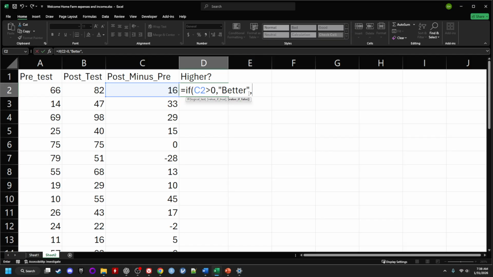Then we'll do a comma, and if it's false, we're going to do another check. So we'll do if this post minus pre is less than 0, we're going to say that it's worse. So if it's true that it's less than 0, it's worse. Now, on this last one, we could do another if statement and say if it's equal to 0, we'll say the same. But we're going to just say, well, if it's not greater than 0 and it's not less than 0, there's only one other option that can possibly be, and we'll just say that it's the same. We do it like this. Now we have to close our parentheses so that all of our forward parentheses have a closed parenthesis,